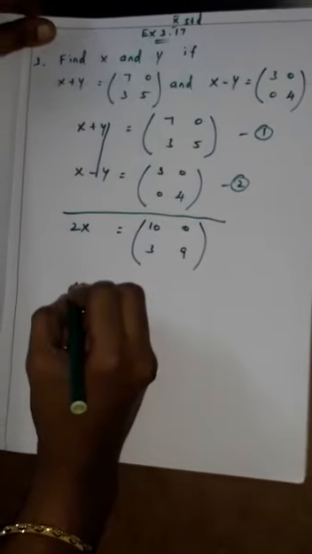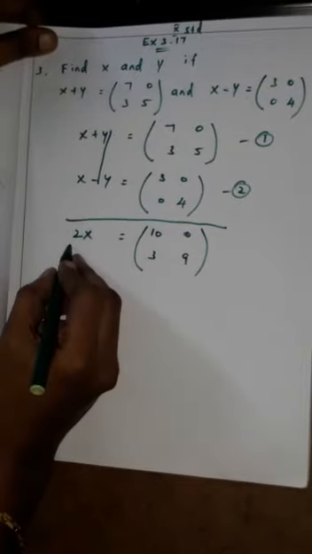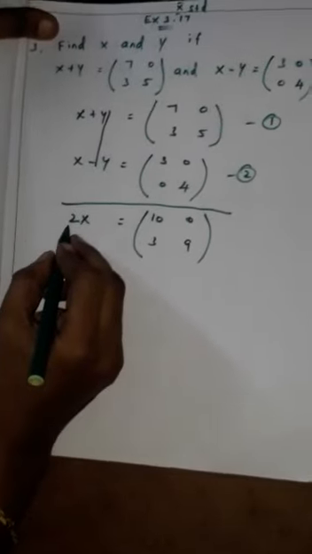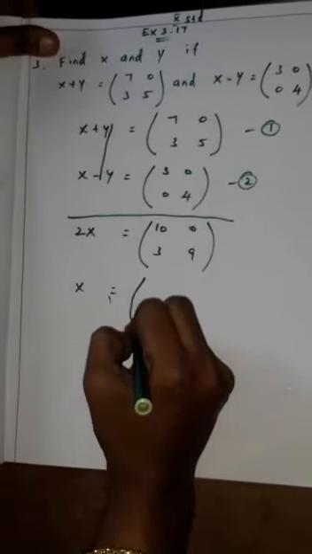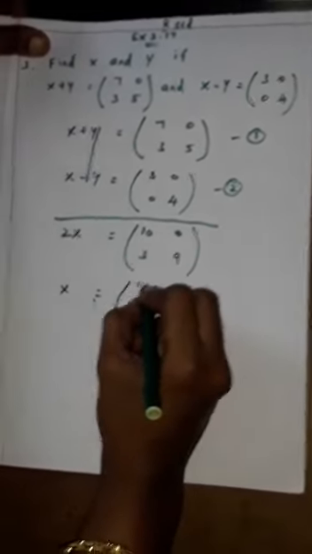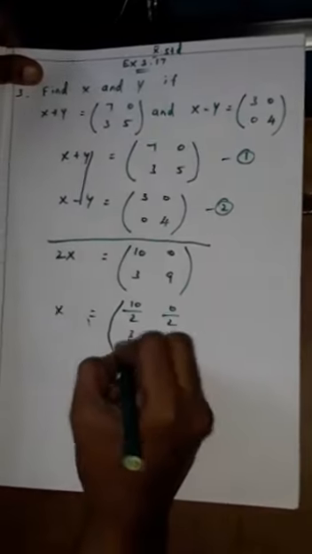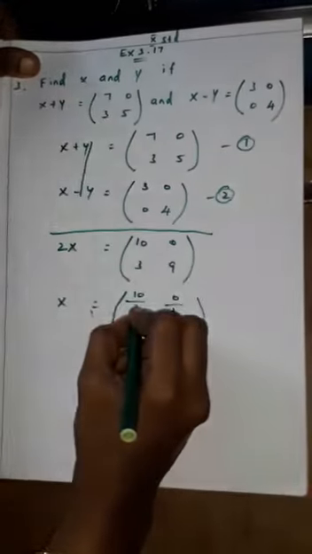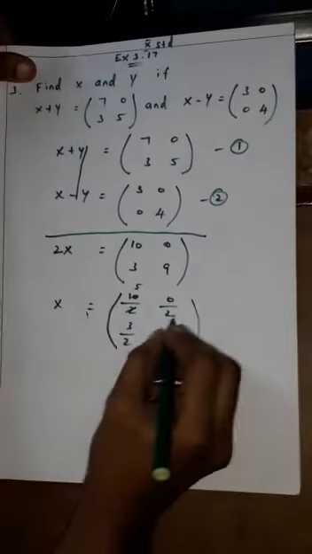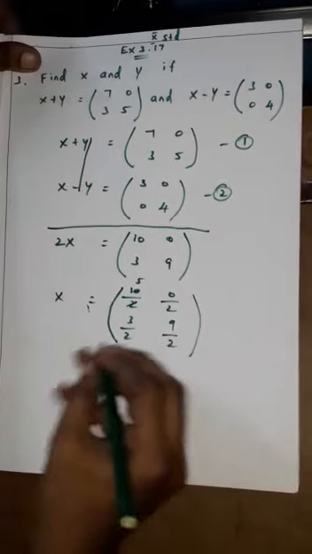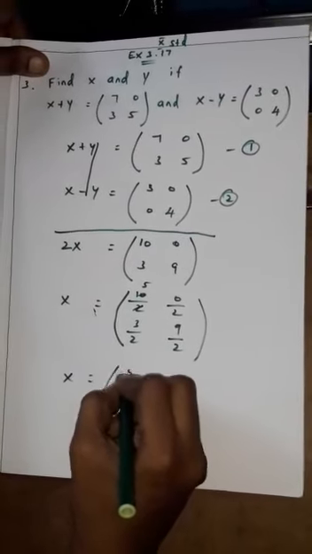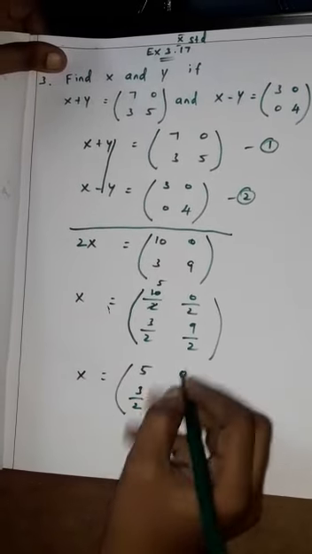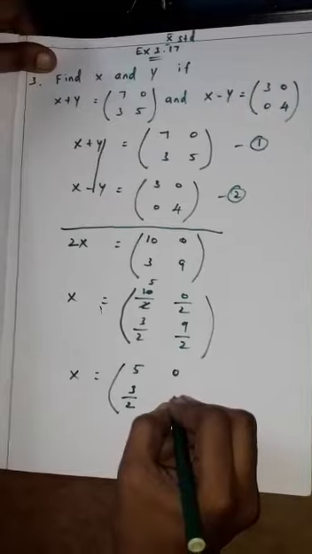Next, you find the value of x only. So x equal to, this 2 is a multiplying term. When it changes to the right hand side, it changes into division, so all the given elements are also divided by 2. So 10 by 2, 0 by 2, 3 by 2, then 9 by 2. If any term cancels, reduce and write the answer. 10 by 2 cancels to 5. Then 0 by 2 is 0, 3 by 2 does not reduce, and 9 by 2, so write the answer in fraction only. So x value equal to [5 0 3/2 9/2].